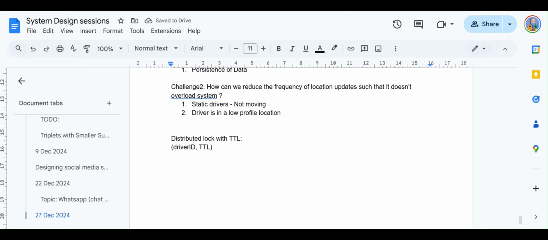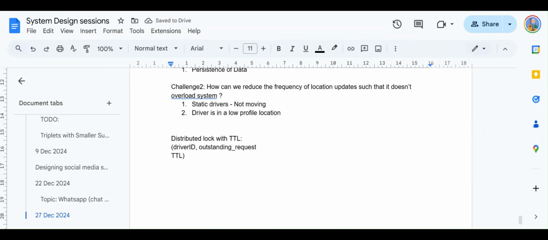So this TTL is already available inside Redis. So what really happens is this key value. I put driver ID comma, let's say in transit, for example, right? Or maybe outstanding request. And we don't even need to put outstanding request.